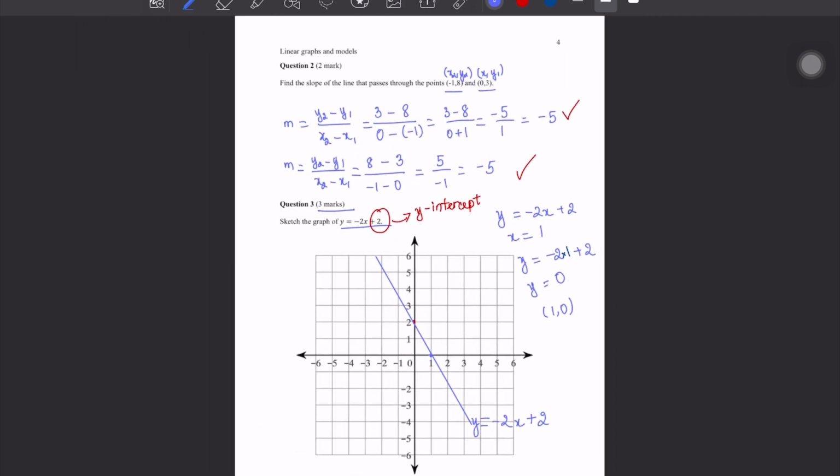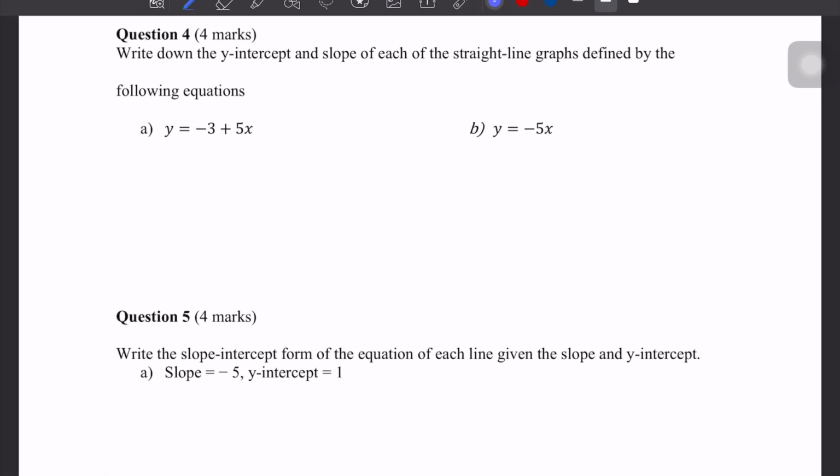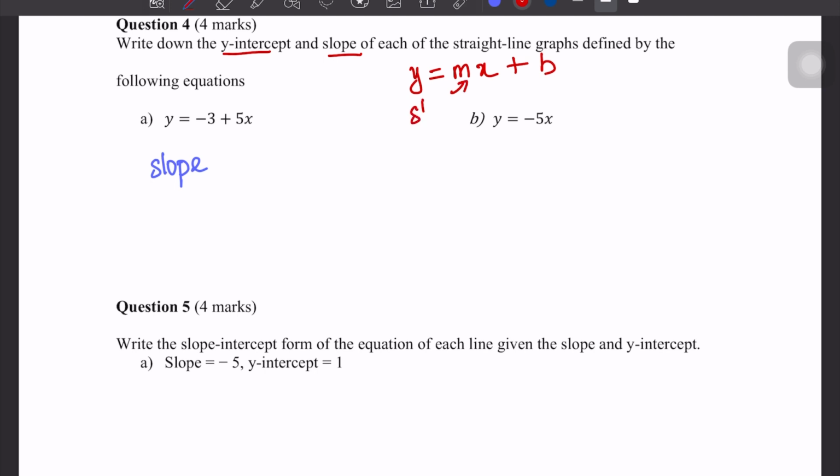Let's move to the next page. Question 4. Write the y-intercept and slope of a straight line graph defined by the following equations. Let's write again the slope-intercept form y equals mx plus b. In there, the slope would be the coefficient that attaches to x, and the y-intercept would be b. The slope would be the coefficient that attaches to x, positive 5,